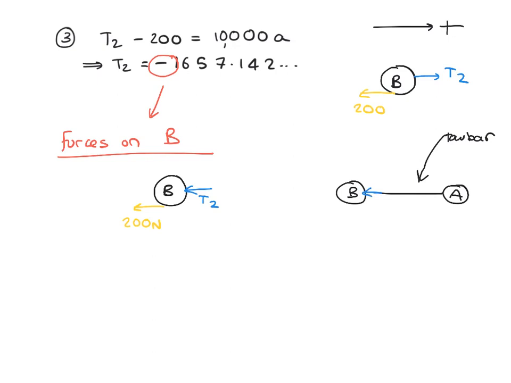This means that T2 acting on B looks like this, T2 acting on A looks like that, but if we then focus on the forces in the rod itself, there must be a force like that in the rod and a force like that in the rod, which means that the rod is in compression, because you can see these two red T forces inside the rod are pushing in. So because of that, the rod is in compression